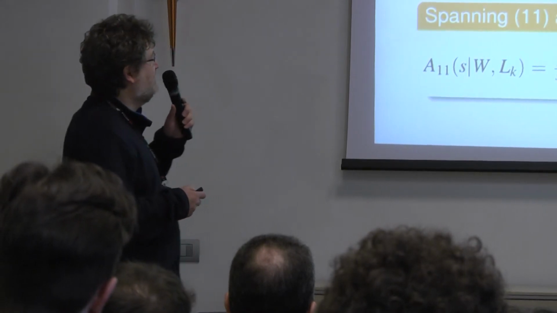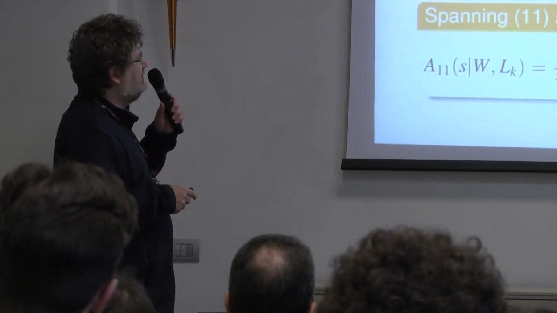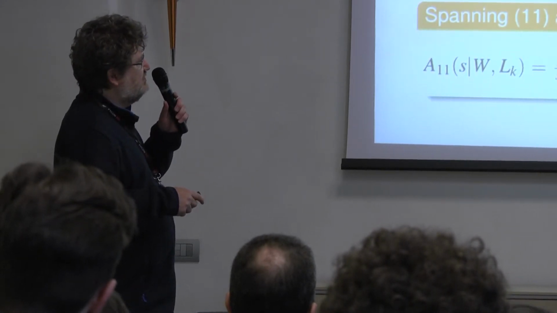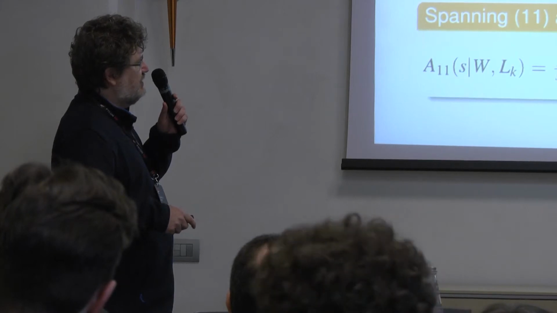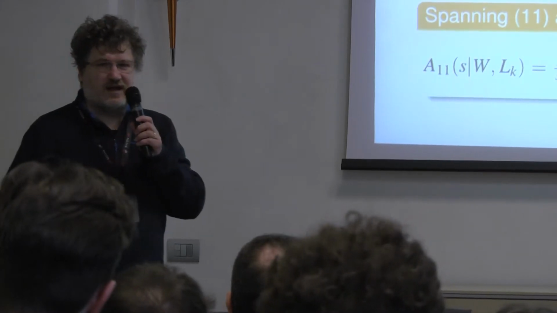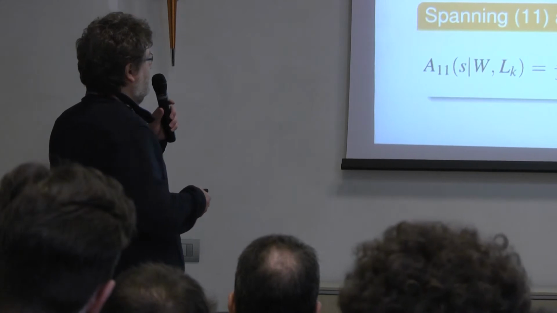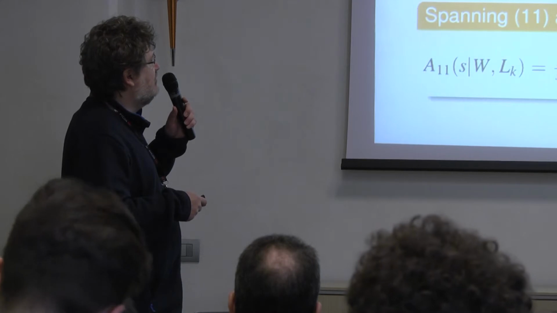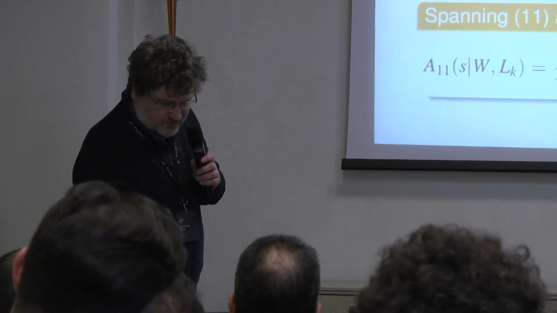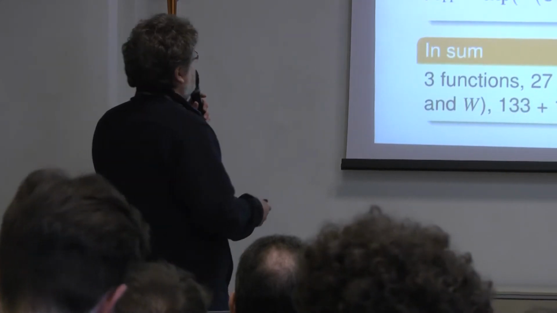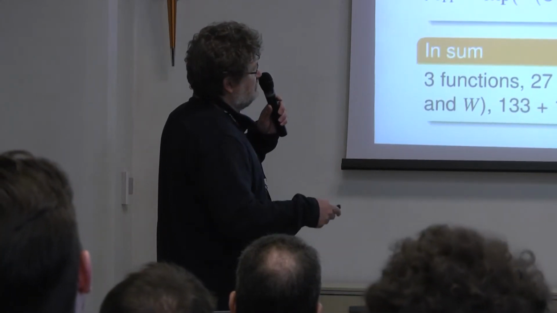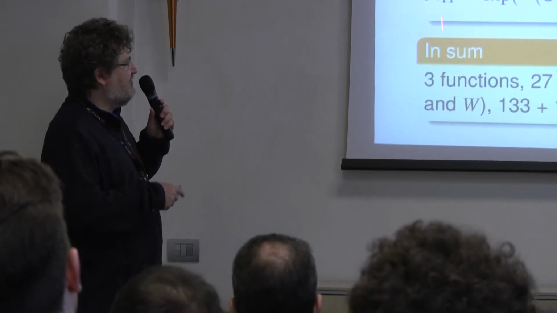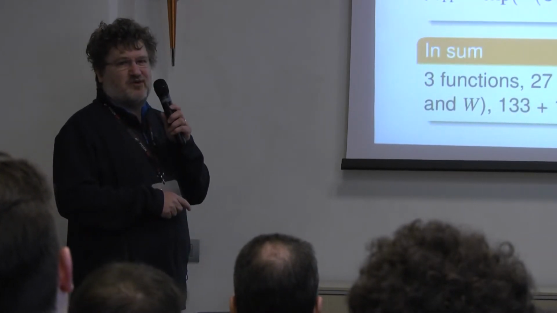They can be very complicated. But I just want to tell you that there are some parameters like tau, zeta, and some others, which are unknown and have to be found by fitting the data. Some others are known, like W, L. So the problem for us was, these are the functions that I showed you before, so the complexity increases a lot. So we had 3 functions, 27 fitting parameters,